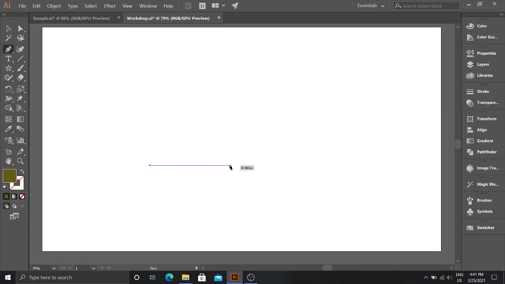Now left click and hold down and drag the mouse to give this line a slope like this. Release. Now click on the anchor point. Now this is somewhat of a shape. Now let's complete it.